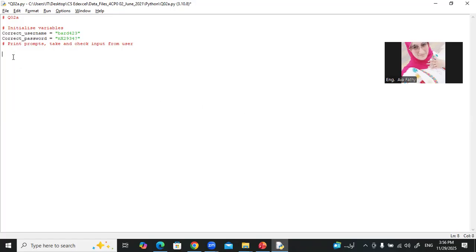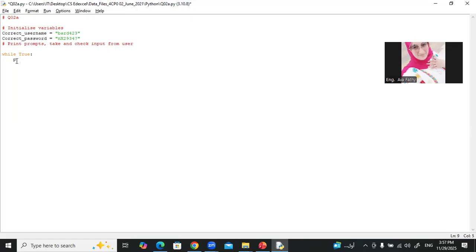How can we make it a loop to ask the user to input it? We will use the idea of while and we will use break. What is while True and break? While True and break, we can use it to make a loop run continuously. But if we have a specific condition, we can get out of this loop. So I will write while True,